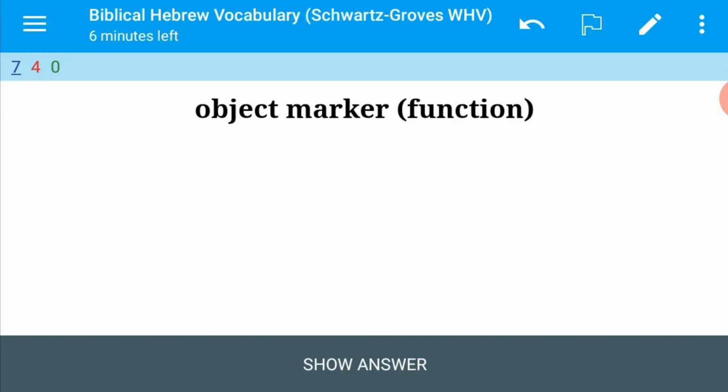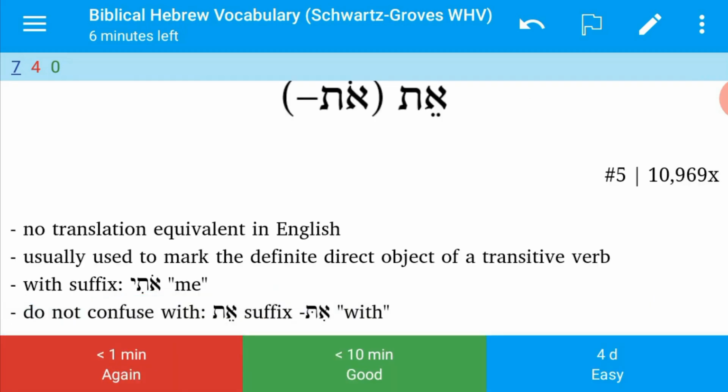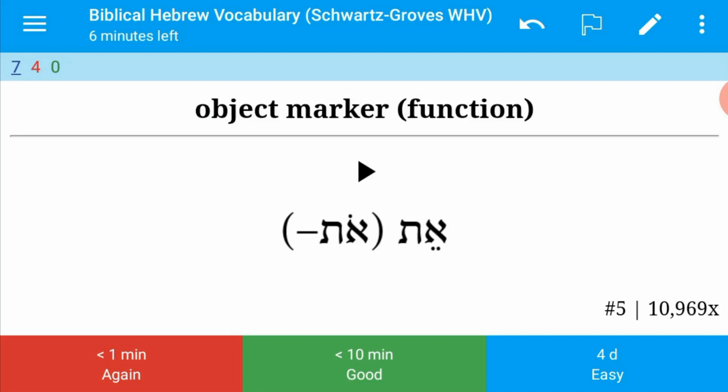So in Hebrew, you've got to be able to separate the add-ons that are snapped onto the beginning of other words to present a word or an expression, which for English speakers would be two words, but that's how it works in Hebrew. Et, once again, here it's an object marker or function, and it's the fifth most frequently used